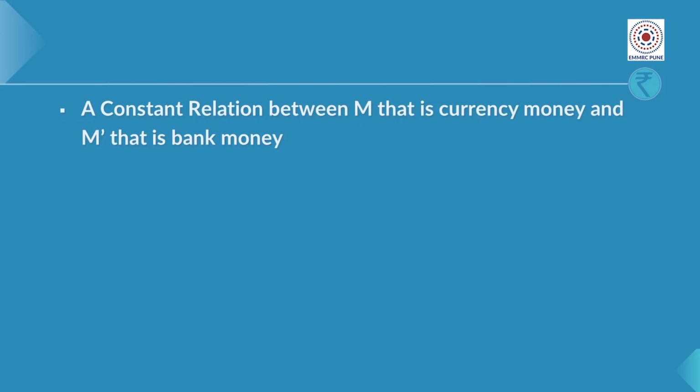And the fifth assumption is that there is a constant relation between M, that is currency money, and M dash, that is bank money. Bank money depends upon credit creation by the commercial banks. In turn, it is a function of currency money, that is M. Thus, the ratio of M dash to M remains constant, and inclusion of M dash in the equation does not